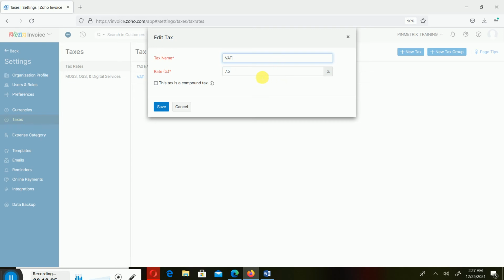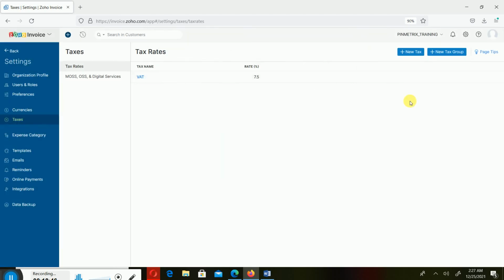You can always create your own on the system. Now also, you could have some situations whereby your tax is compound tax. You can also tick this, so you can tick it to show that it is a compound tax. Otherwise, you cancel. Now also you can add a new tax group, adding, like maybe, for instance,